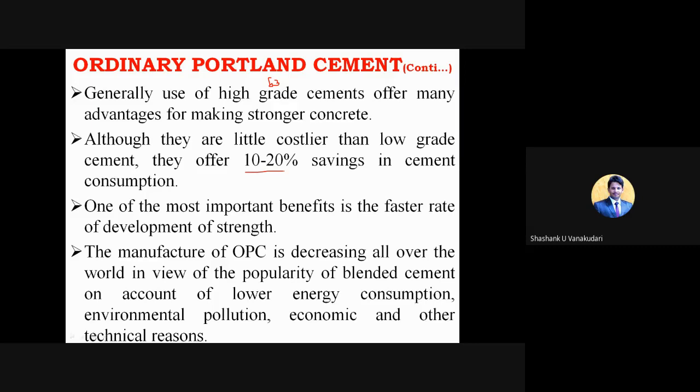But the manufacturing of OPC is decreasing all over the world in view of the popularity of blended cement, on account of low energy consumption, environmental pollution, economic and other technical reasons. So it's nothing but the manufacture of OPC, which is decreasing all over the world. That means nowadays,